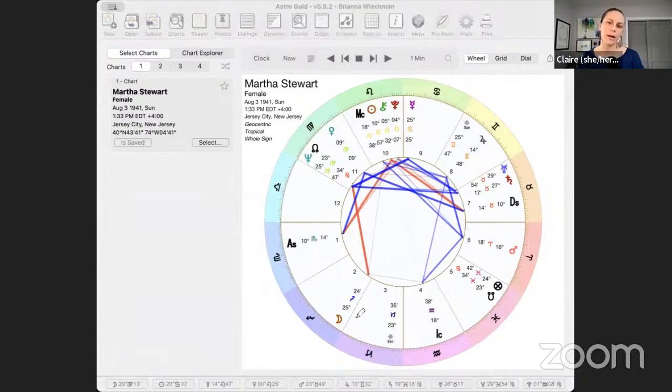Depending on the orbs that you use, that's going to define whether or not the planet is in aspect or not. If we're going by degree-based stuff, our most common version of that is the void of course moon. And similar to any other situation, when the moon is not making any aspects with any other planets, there's not much to bounce off of. It's like not having energy to bounce off of or work with.